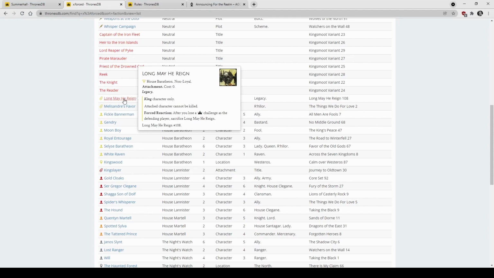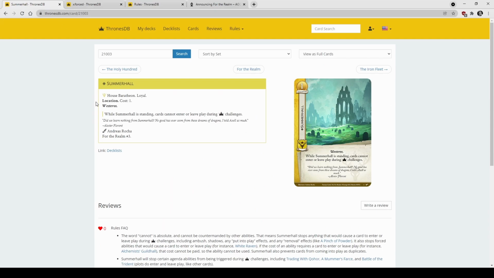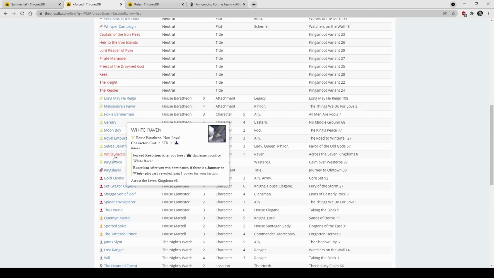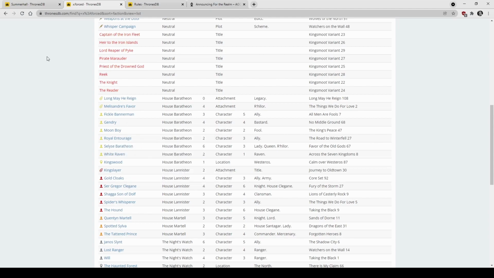So these cards, if they are on the board with standing Summerhall, they are basically immune to those forced reactions. They stay on the board, and suddenly those White Ravens, that's the one I like. There was just a tournament recently where we tried these cards for the first time, and I played basically a White Raven dominance rush, and it was really nice not having to worry about those power challenges. You could just carry it through to the dominance phase, and if you had 2 on the board, just free power basically with